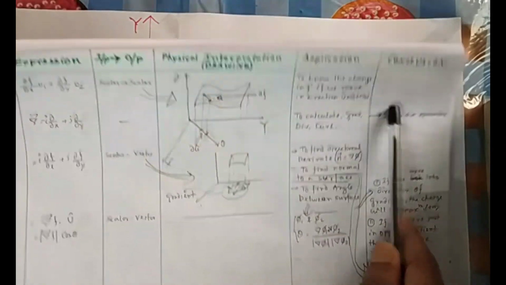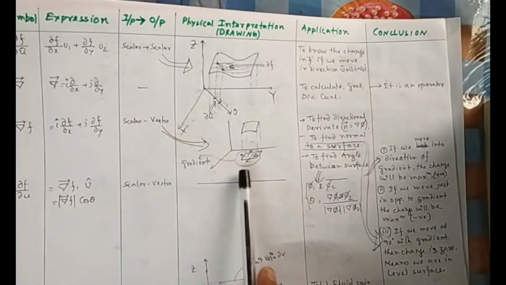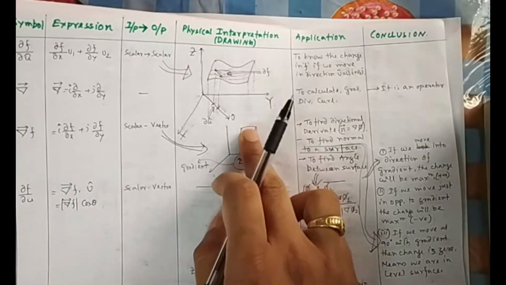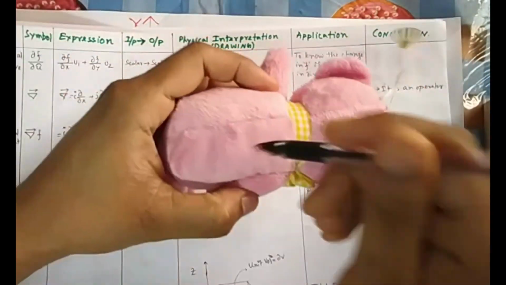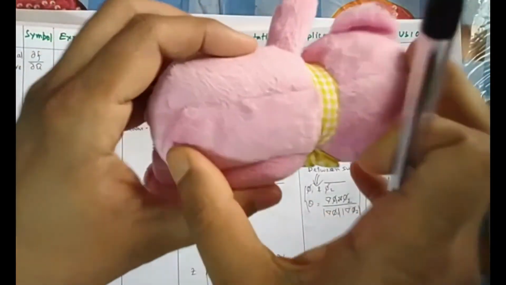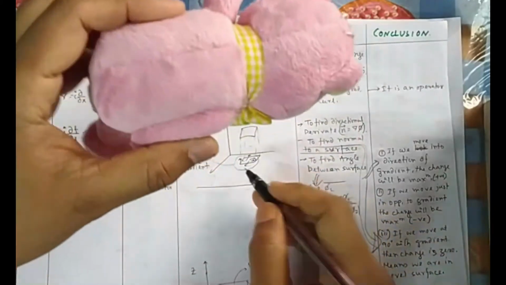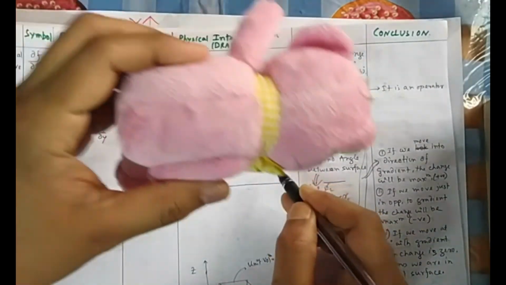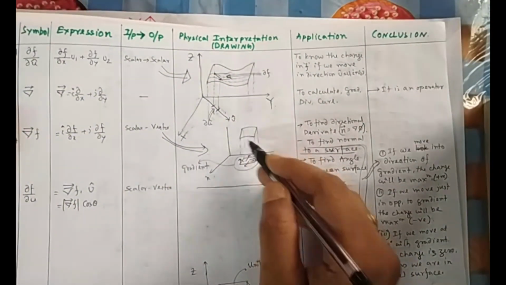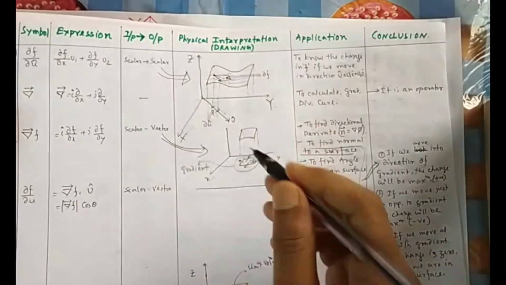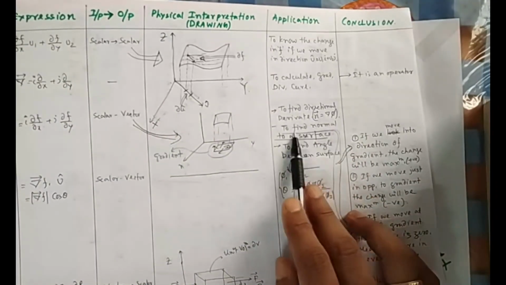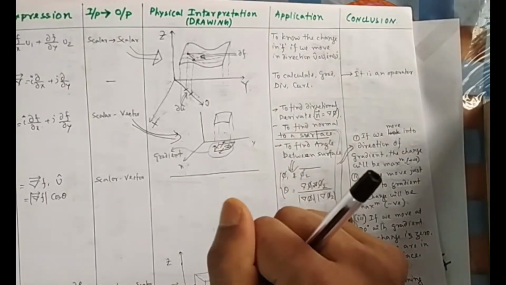Nabla is nothing but an operator. Gradient is this one, it's scalar input, vector output. Gradient always comes in the surface. If you take the vectors, they will not rise, they will not be above that, gradients will not be here. If you take the shadow of this one in the domain, in the xy plane, then at every point there will be normals, all the normals are here. Suppose some grass is connected, some sort of grass coming out of this field. So directional derivatives are used to find normals, which we have discussed. You can remember my hand.